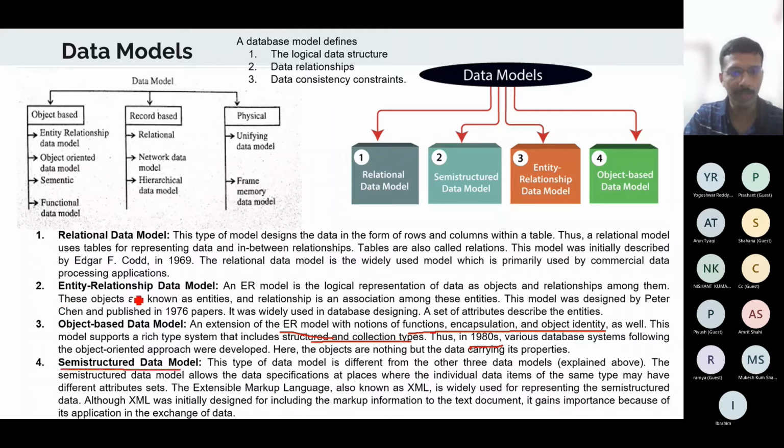Semi-structured data model is a fourth type. This type of data model is different from the other three. These are actually based on XML or things like that. So basically it is semi-structured data. With rows and tables, I can tell that it is fully structured data, so I can divide my data into many records, each having so and so values. But suppose I have key value pairs. If I am defining my data like that, then I can easily represent that in an XML file. So for things like that, I will go for what is called a semi-structured data model.